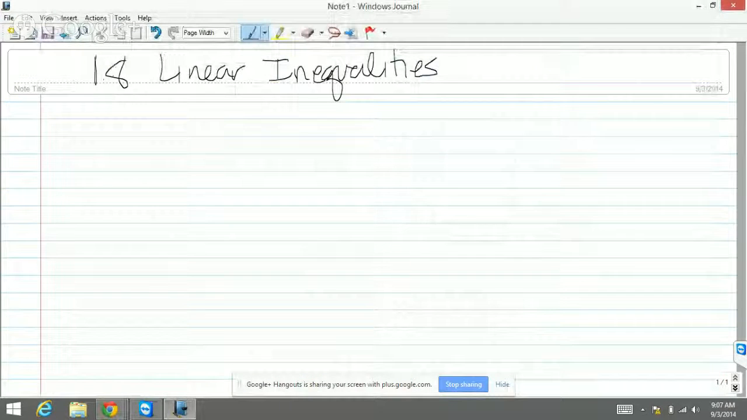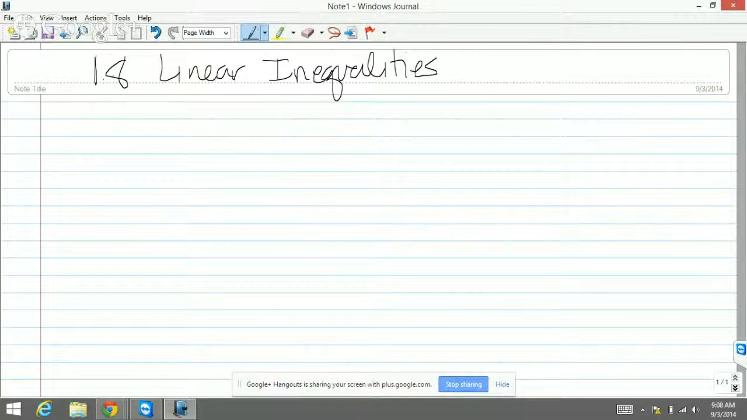Okay. 1.8 linear inequalities. We've done quite a bit of work in this the last couple of years, and you guys, if I remember, have done fairly well. So we'll start right off into some of the harder examples, unless you want me to show you an easier one. Start easy? Okay, so let's